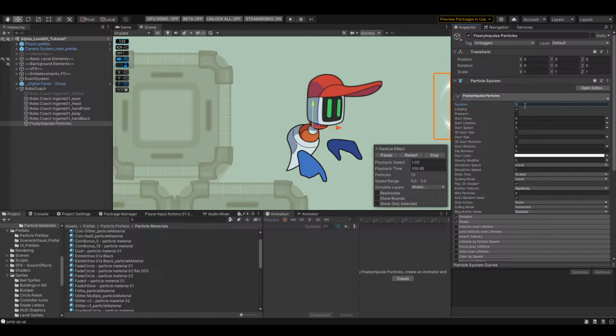Duration, don't know, 1. Looping, play on awake, okay. It's gonna be here. You know what? Scaling mode hierarchy. If I do this, yeah, it works. All of that work for nothing. Okay. So